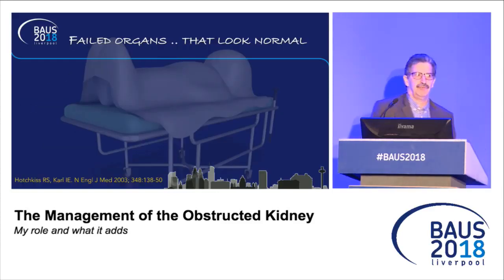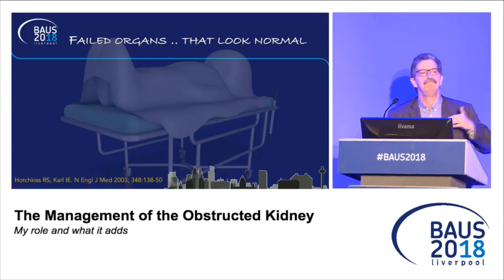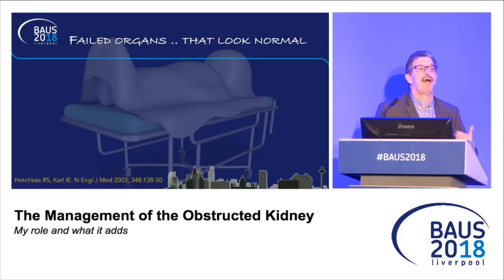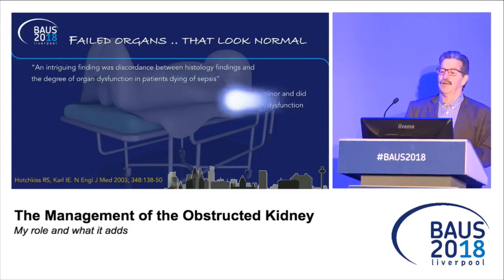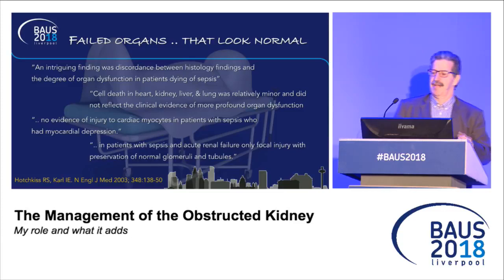The interesting thing, which I find intriguing, is that these organs have failed, but they look remarkably normal. This was a very nice study from Richard Hotchkiss. It was reviewed in a New England Journal paper. But essentially, they did multiple organ biopsies soon after death in 20 patients dying of multi-organ failure. And what did they find? Essentially the organs look normal. Cell death in heart, kidney, liver, lung was relatively minor, and didn't reflect the fact that these patients had organ dysfunction in life. Patients with myocardial depression,